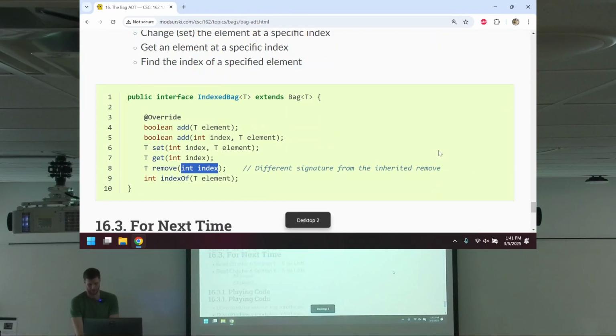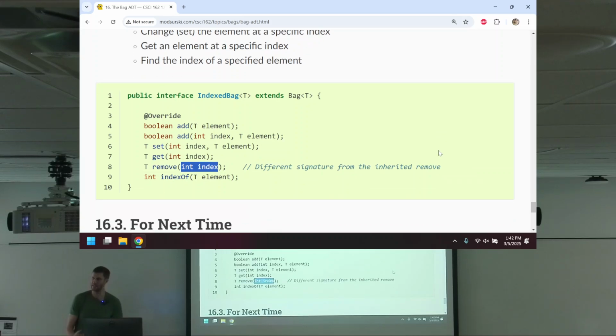Okie dokie. So yeah, we finished up. We had an index bag. And an index bag is a bag, so it can do anything a bag can do, like add. But we're overriding the add, even though really it's just there for self-documenting code, where we have a Java doc comment explaining how add works for an indexed